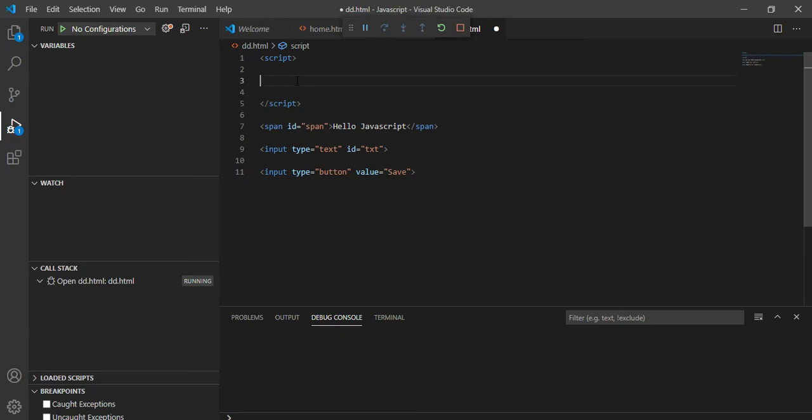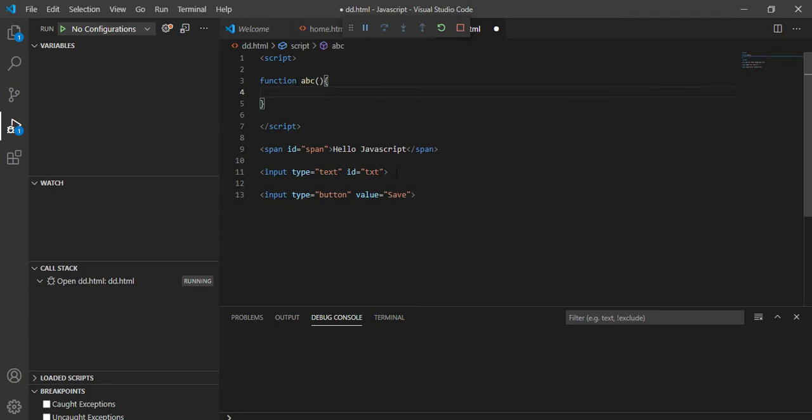In order to create the function, use the function keyword, then your function name, and curly brackets. Now, in order to get this text box element, because we need to assign some value, copy this ID and write document.getElement.